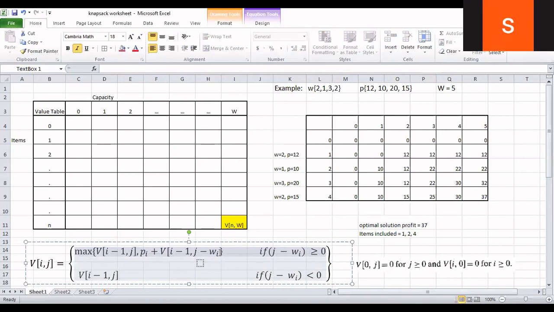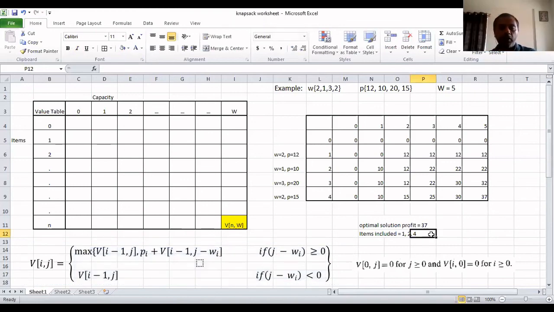Sir, how do we write the items included while writing the optimal solution? We have a formal way of recognizing this. I will discuss this in the next class. This problem is also there in our lab, so we need to tell which items we have included. For that we need a formal method to recognize which items have been included into the knapsack. I will definitely tell this in the next class. Thank you, sir.